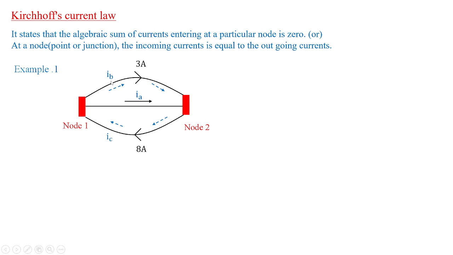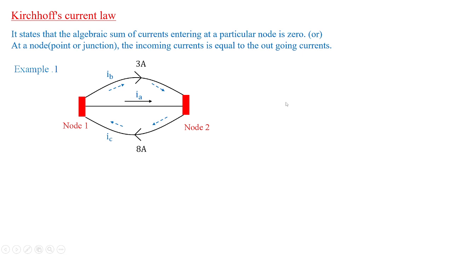For instance, if I take node 1, where current IB and IC and IA are flowing from node 1 to node 2, only the difference is that IC is flowing opposite to the convention of IB and